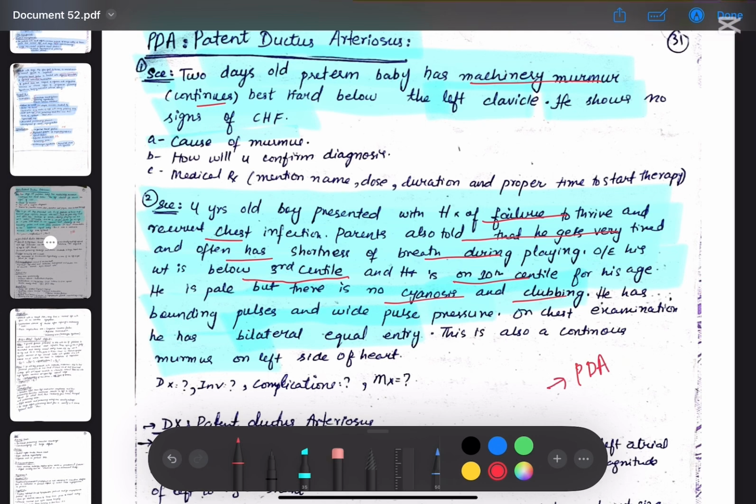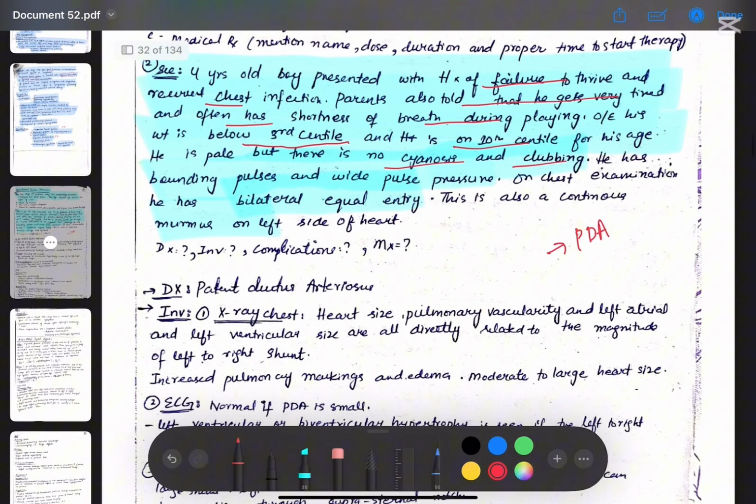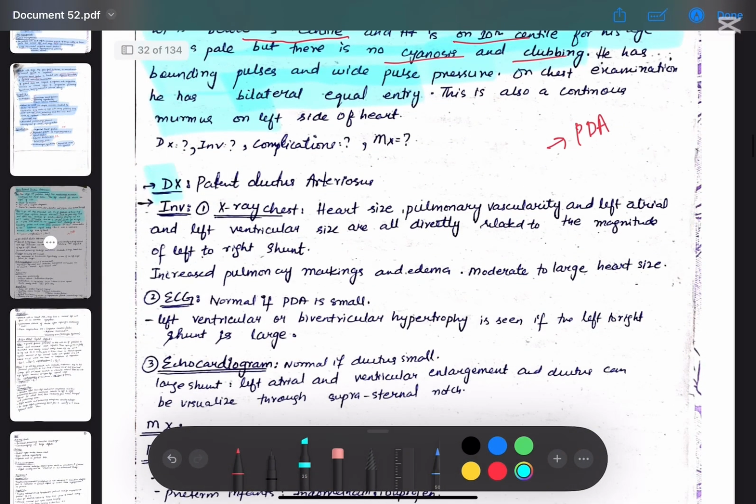When there is clubbing and cyanosis present, then it will be tetralogy of Fallot. But here in this scenario there is no cyanosis, so this is an acyanotic heart disease, that is patent ductus arteriosus. Now the diagnosis is patent ductus arteriosus, and the investigations are X-ray chest, which shows the heart size, pulmonary